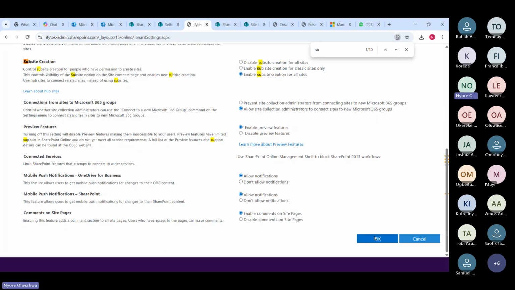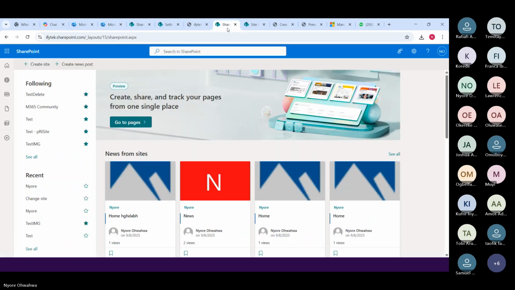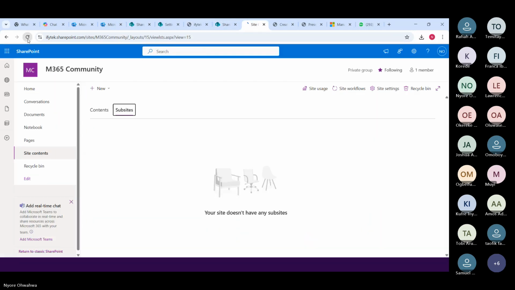Enable sub-site creation. Sometimes you just need to give it a little time, a few minutes, and then you will see what you have done. So you can see we now have the option to create a sub-site.